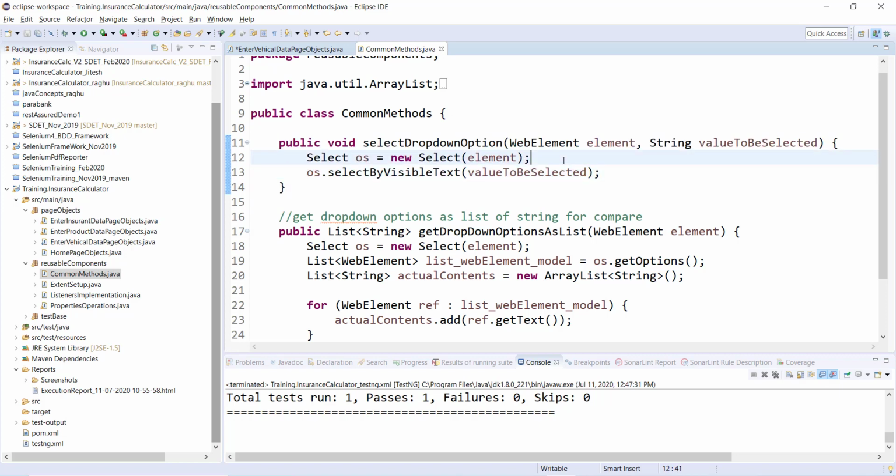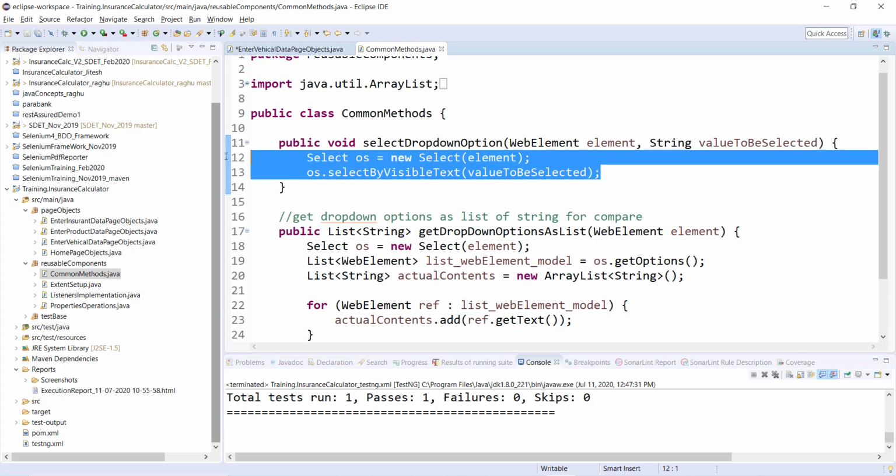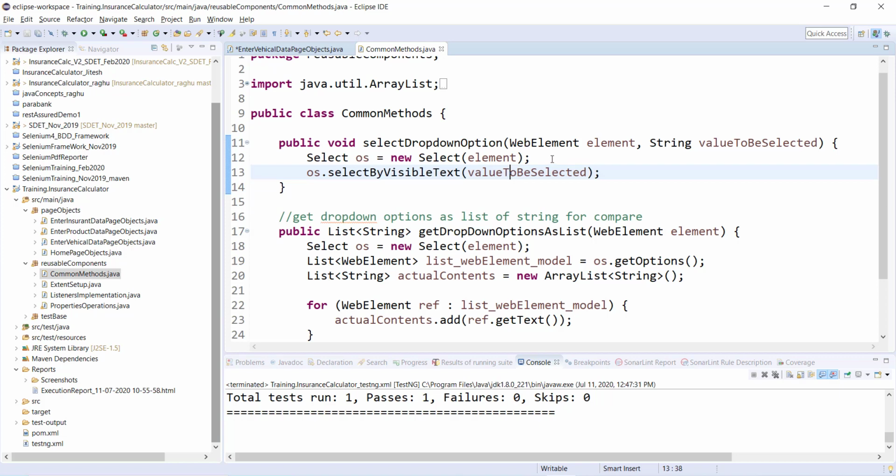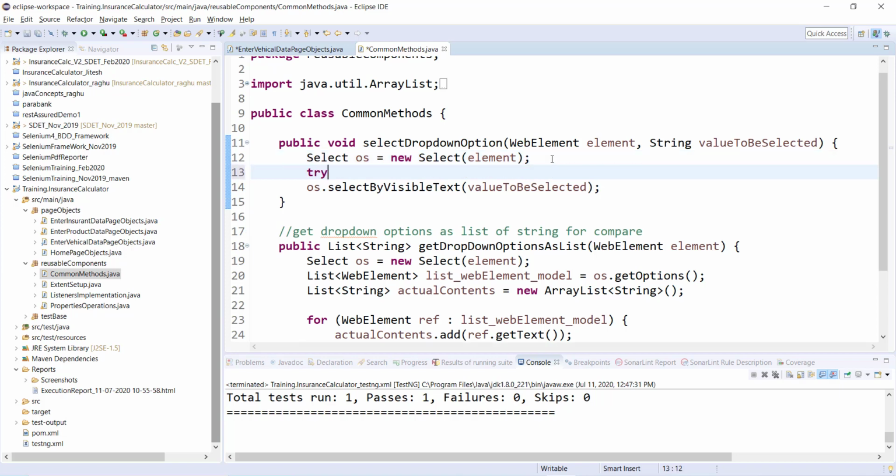Okay, and what we will do is, let's say we are trying to select the value, but the value itself is not present. Okay, so by default Selenium will throw you an exception, no such element exception or something. But let's say if you want to throw your custom exception, or maybe you want to throw the same exception but with some meaningful message, right?